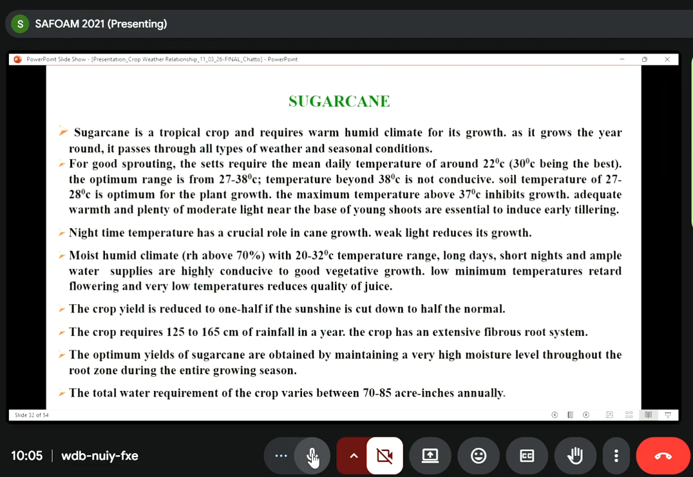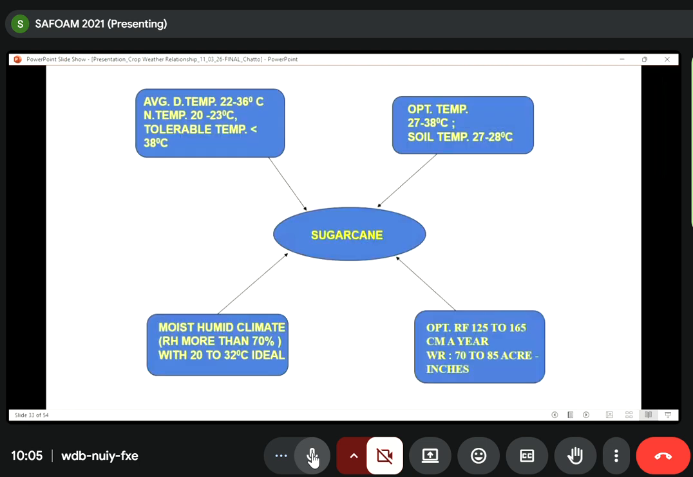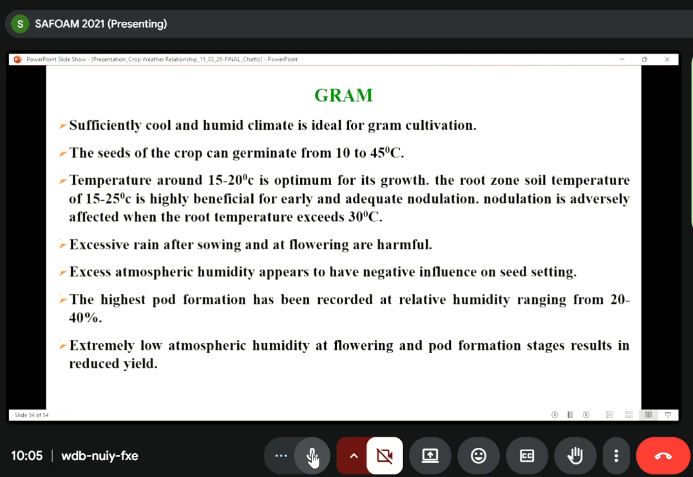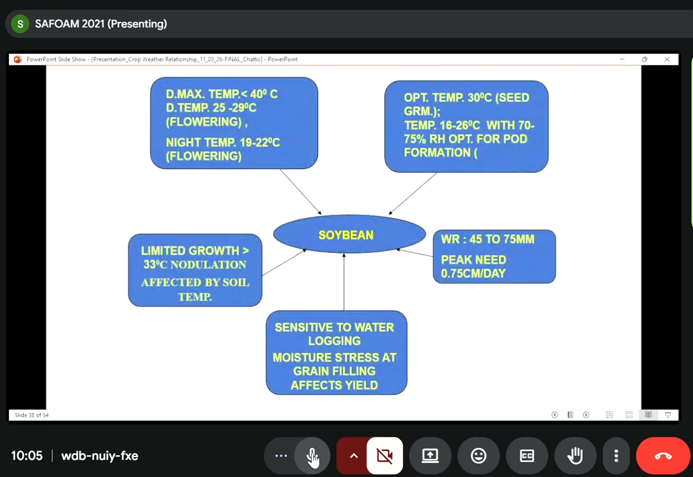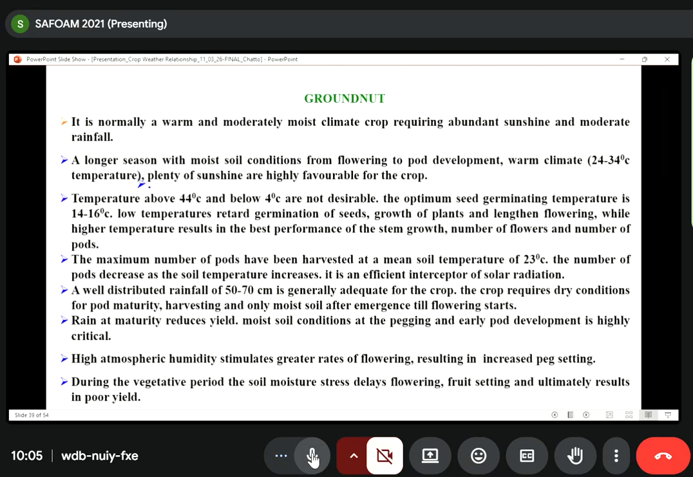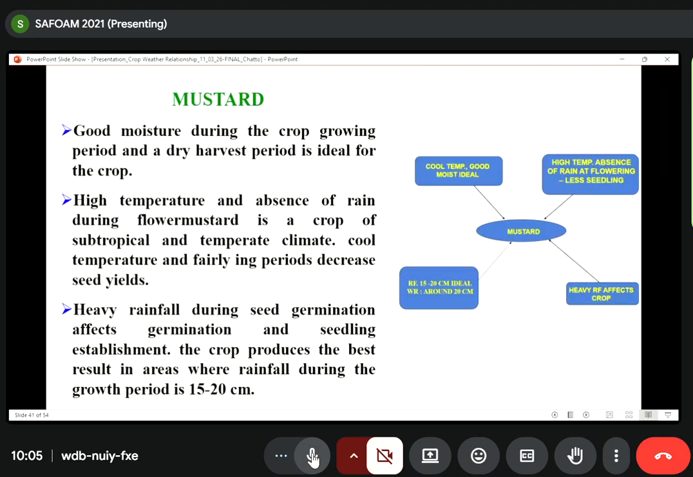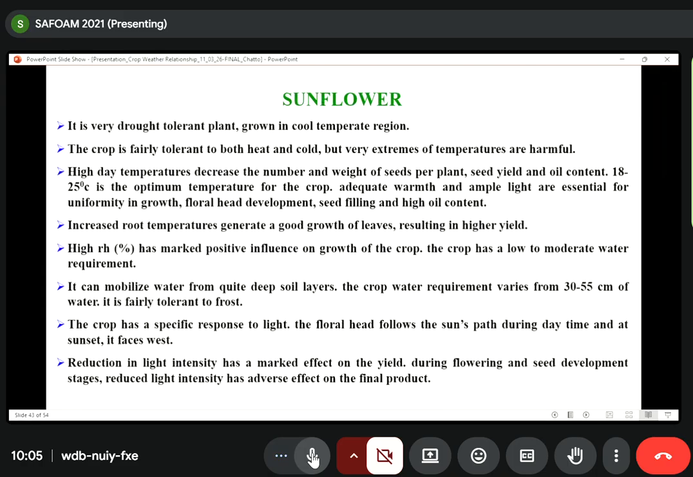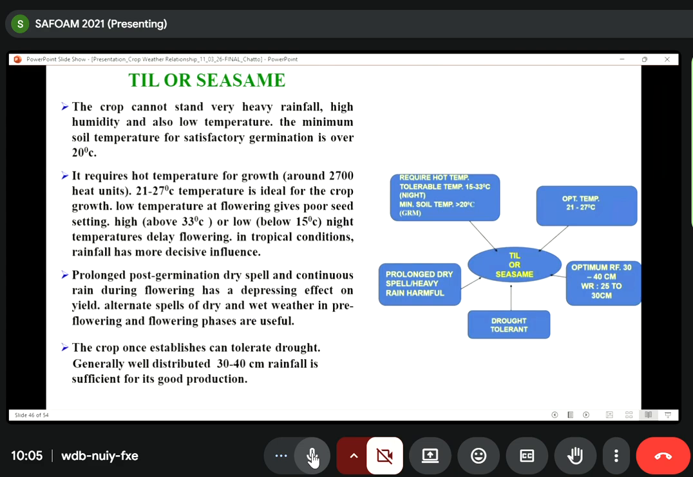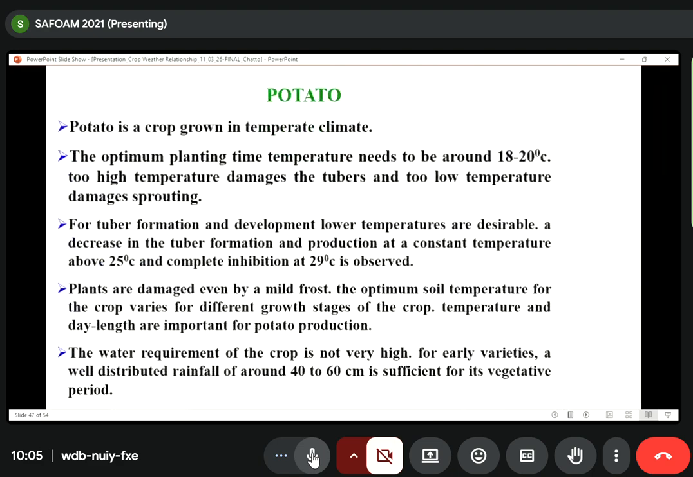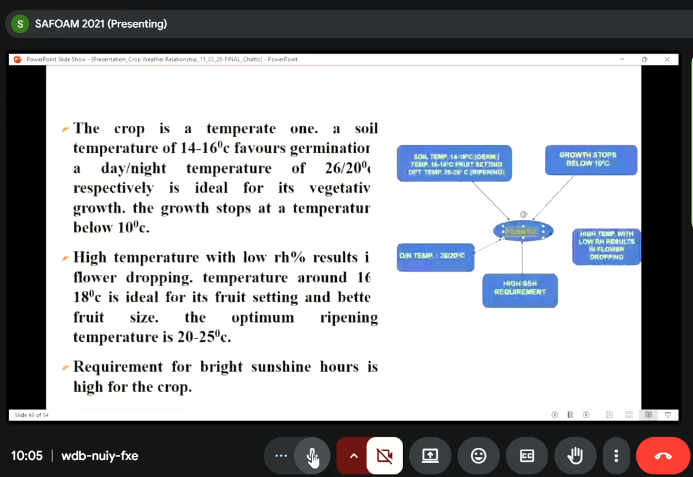Then sugarcane is a long-period crop, and sugarcane also needs a moist, humid climate and an optimum temperature of 27 to 38 degrees. This is gram. This is arahar, pigeon pea, soybean, then groundnut. This is mustard, this is sunflower, safflower, sesame, potato, onion, tomato,